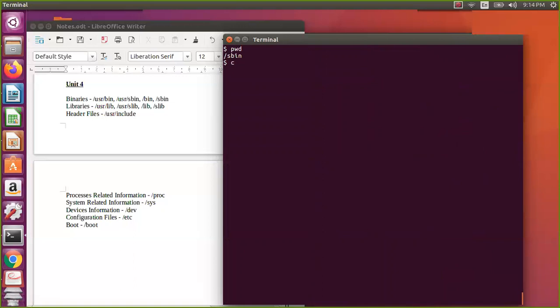Let us go to our home directory with cd. I don't want to go to each directory and list the files; instead I can do it directly from my home directory. I say just cd, I'll be in my home directory, and I'll press Ctrl+L. Let us check from here.